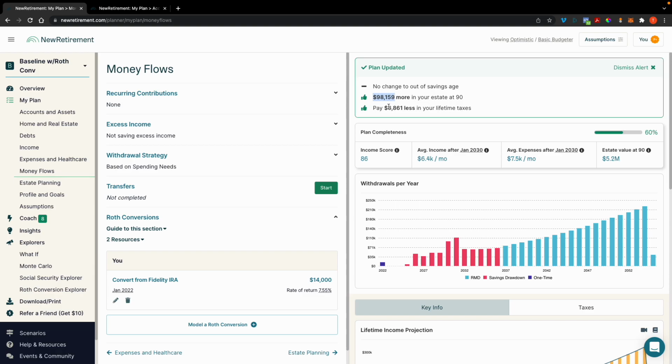Okay. So if you want to see how that one-time conversion could benefit you long term, if all of this pans out to be true, if tax brackets stay the same, if your portfolio grows as it's forecasted to, if your expenses stay the same, like if all of this stays true, which it won't, but if it stays true or even close, you could see that this is kind of the benefit long term of portfolio value, and here is the potential less in lifetime taxes.